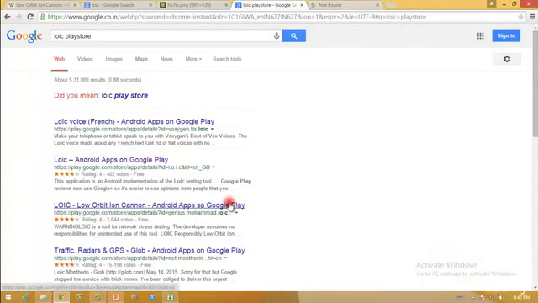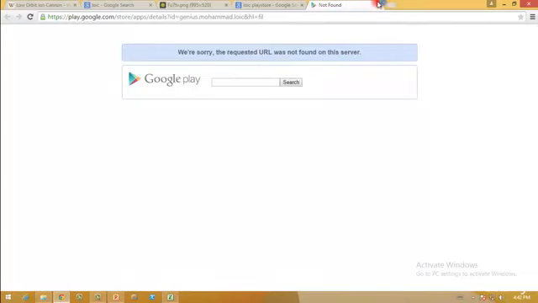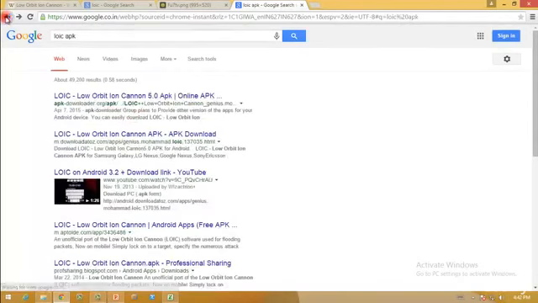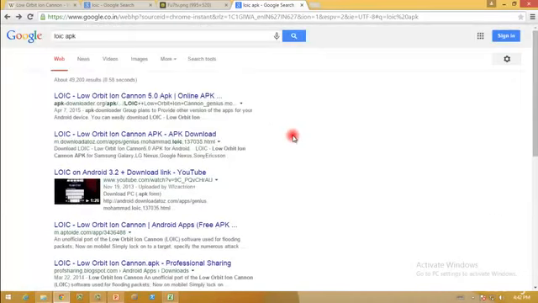Okay, here it is. I believe Google Play Store has removed this from their web page, the reason being that it may be used for malicious purposes, but you can still find these applications out there. As you can see, we have LOIC 5.0 here, and that is the latest one, I believe.